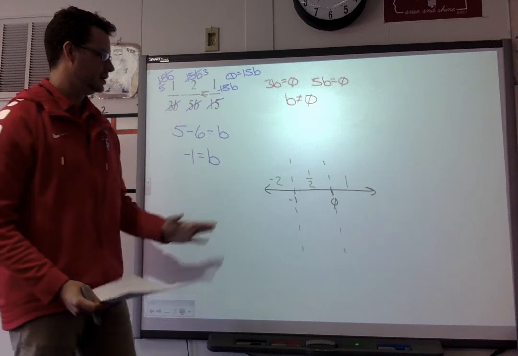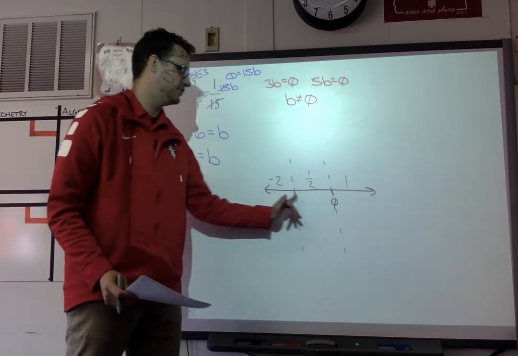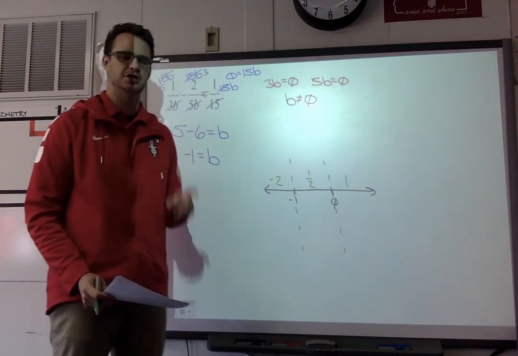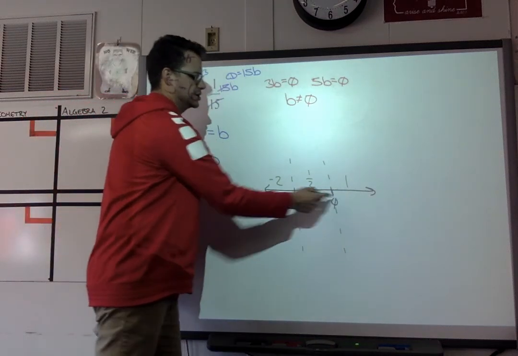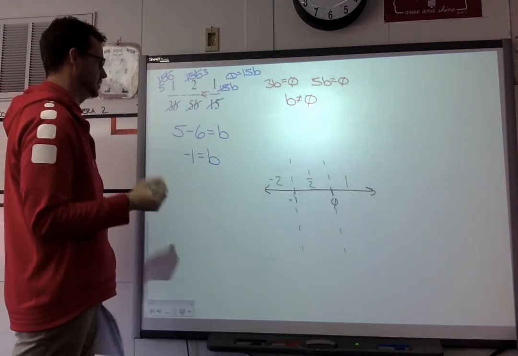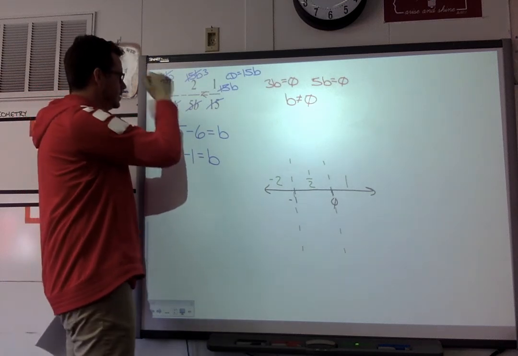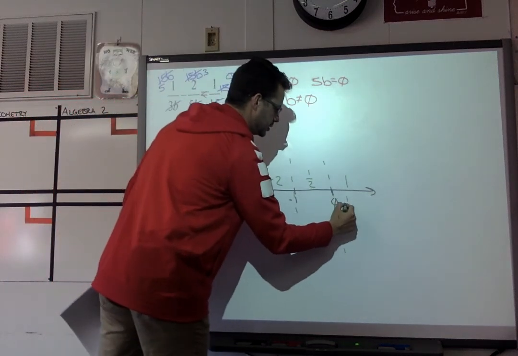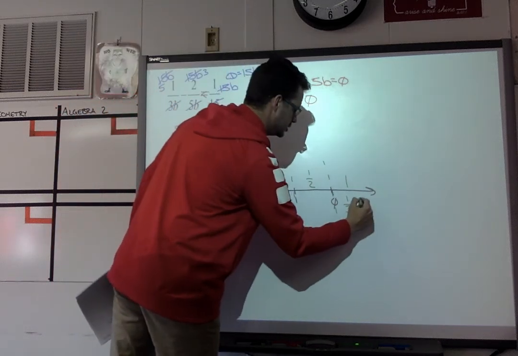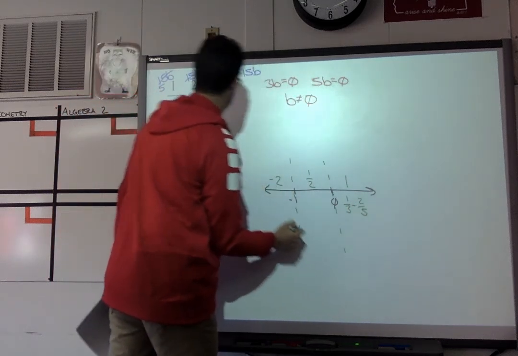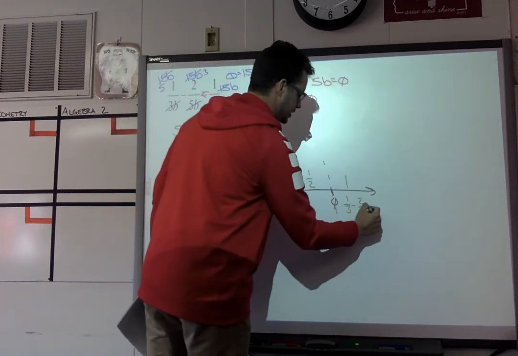But again, this time I'm not going to have to test each section. I'm just going to test one of the sections. I'm going to go with the section where I can use 1 because that's an easy number to work with. And that will give me 1/3 minus 2/5. And it needs to be less than